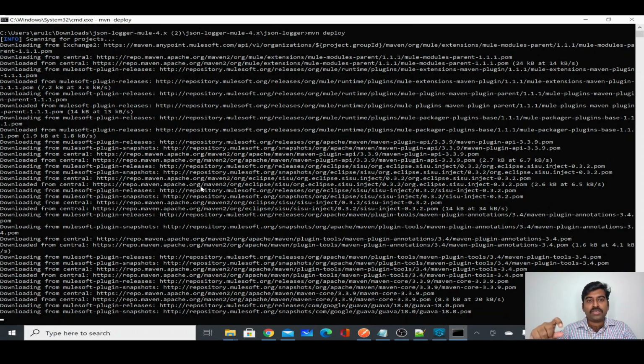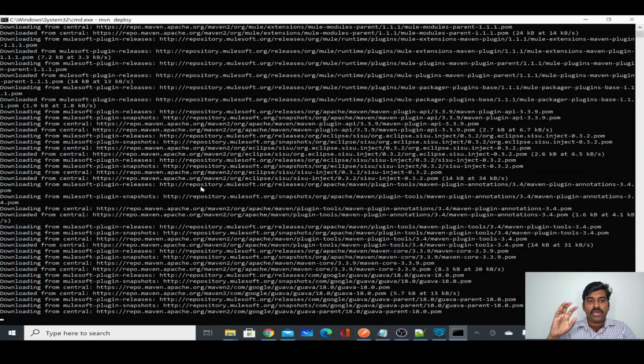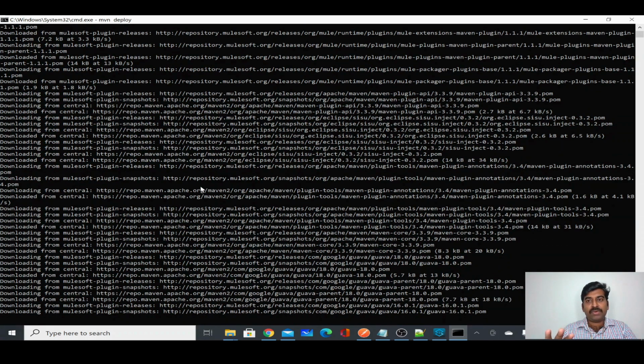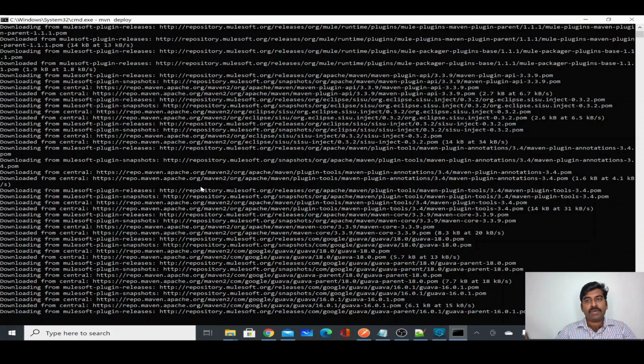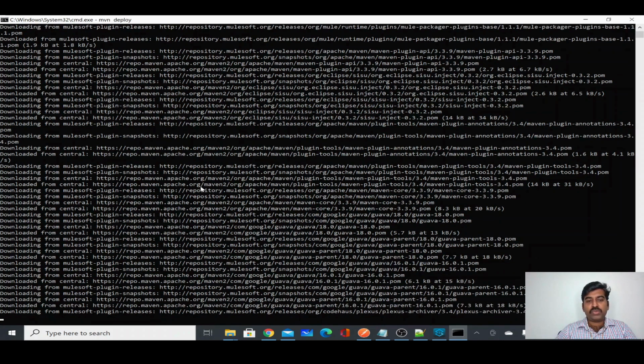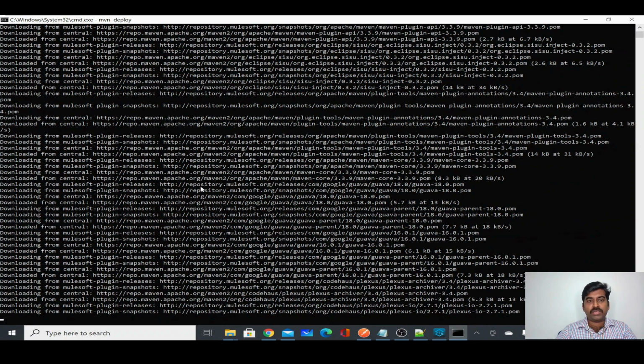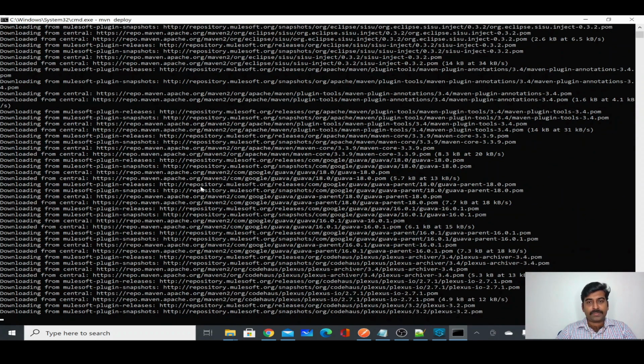Now it's downloading all the required dependencies to our repository, and finally it will deploy from our repository to the target Anypoint platform. So that is what you are going to do today. This process is going to take 2 to 3 minutes, so we'll wait for it.